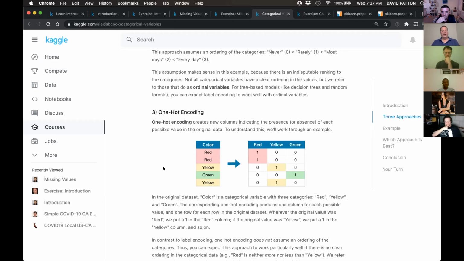This is a very good way to do categorical encoding for categories that have a small number of possible values. It's called the cardinality, basically.